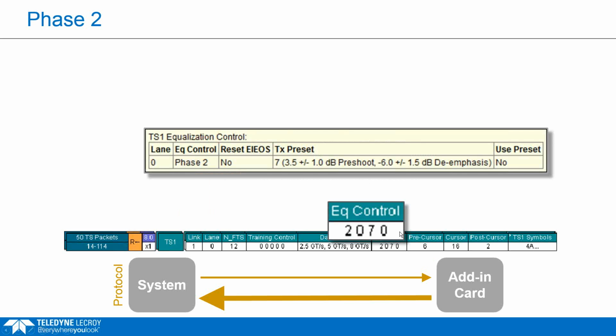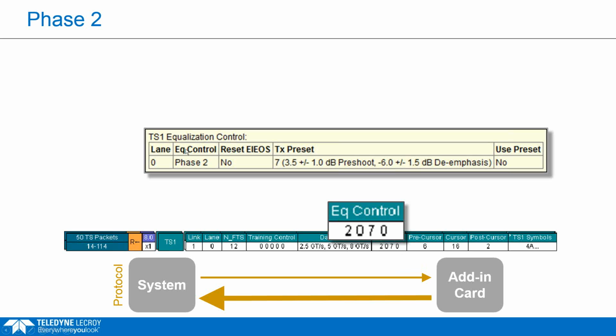The next section here that's really important for our purposes is this EQ control. So this orients us inside of the recovery equalization state, and also tells us what's going on inside of there. With any of the sections in this display, you can hover your mouse over it, and the software will give you more information about what information is contained there.